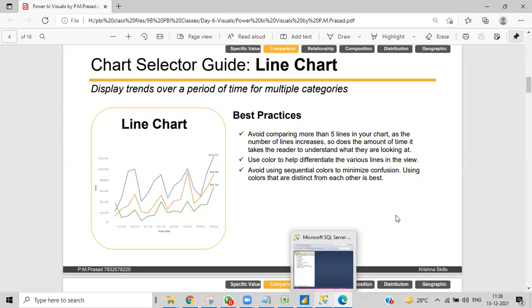Coming to trends, we have several visuals to show trends, and we'll practice all of them one by one. But to make it look better, avoid comparing more than 5 lines. You can't take more than 5 lines, or 5 values.